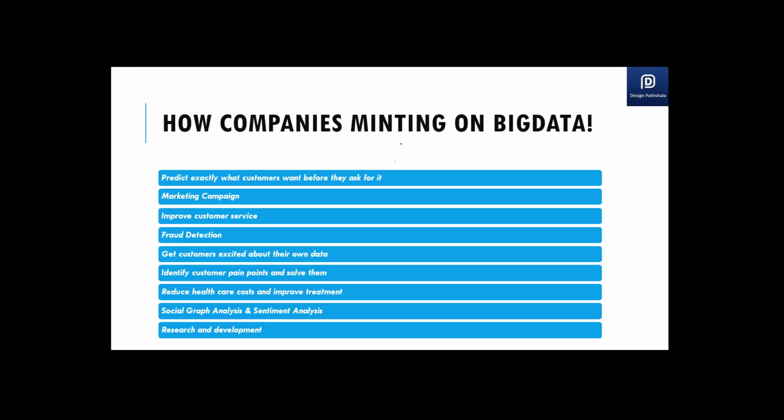Research and development. It's not only the companies who are spending a lot of money, the government is also spending a lot of money on research and development. The Obama government has recently launched a budget of $200 million plus for the different departments to use big data for processing the different data which is lying with them. So it's not only the companies who are using this processing, it's the government and the different agencies which are basically trying to mint money out of the data on which they are sitting.